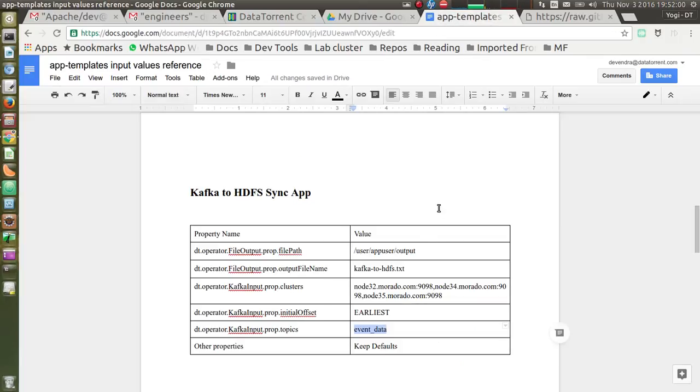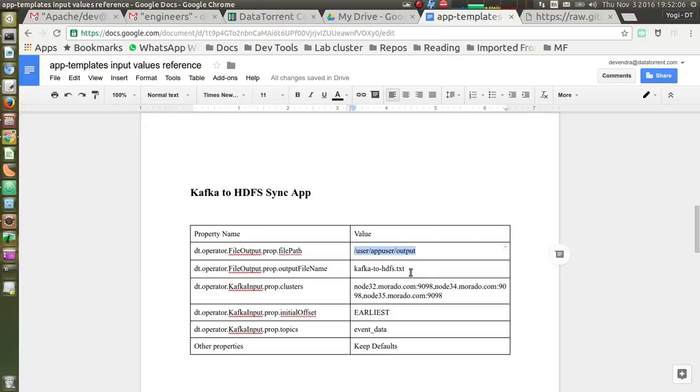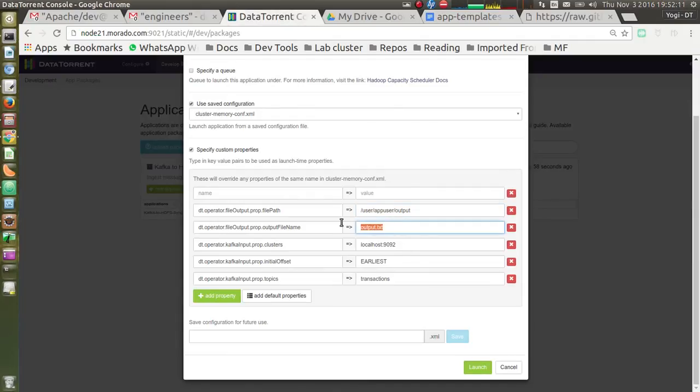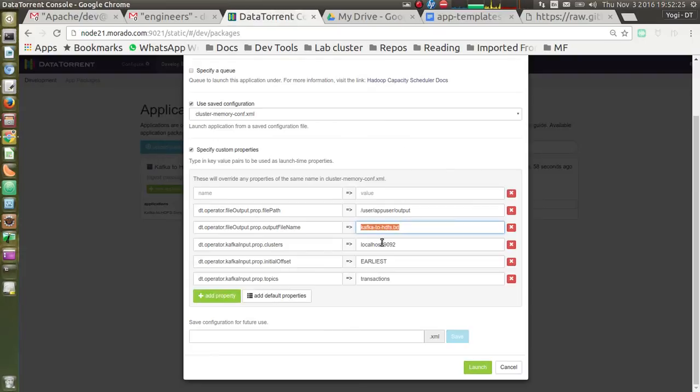So in my case I'll be using this directory from HDFS, and Kafka to HDFS is my file name for output, and on the input side I will have a comma separated list of clusters for Kafka.